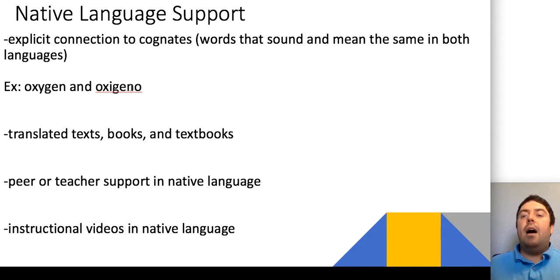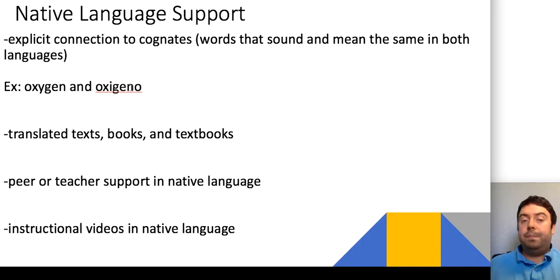There are also many cognates, which are words that sound the same, mean the same, and are spelled very similarly, that transfer from one language to another, especially Latin-based languages like Spanish, French, Italian, and Portuguese, and English. One example would be oxygen and oxígeno in Spanish. They're cognates. If you explicitly teach cognates to students and have them become aware of that and connect their prior knowledge and their prior academic vocabulary in their native language to what they're learning in English, that can